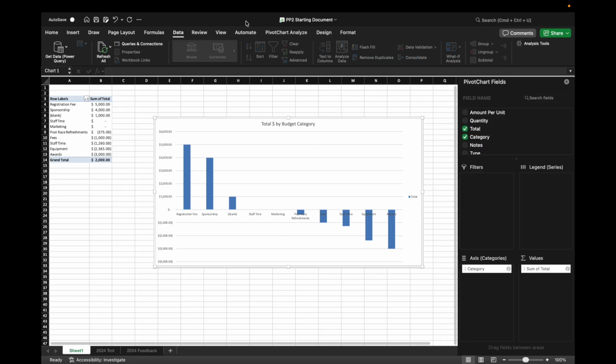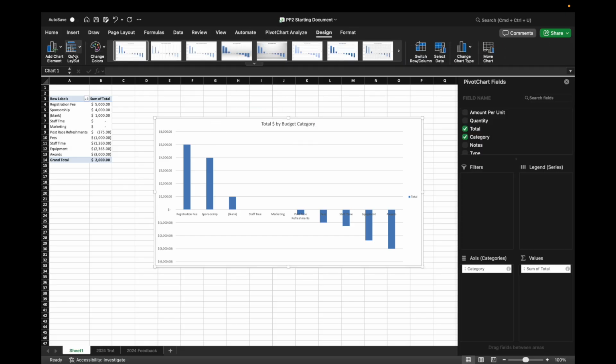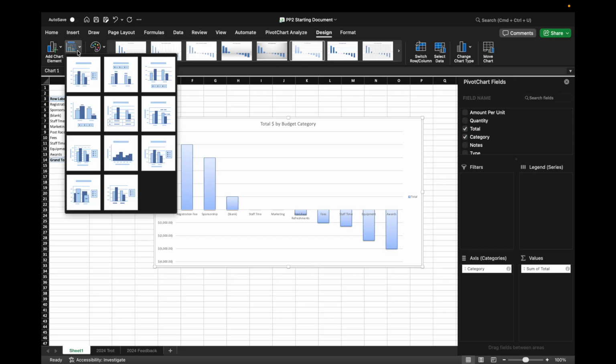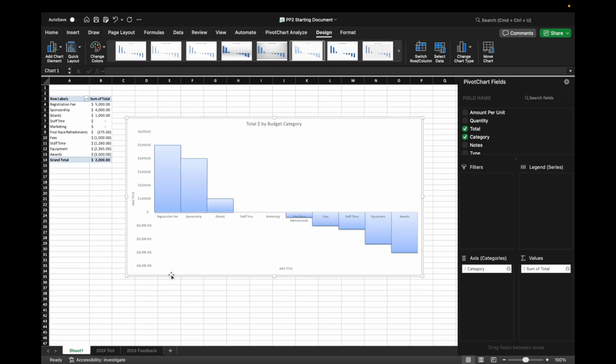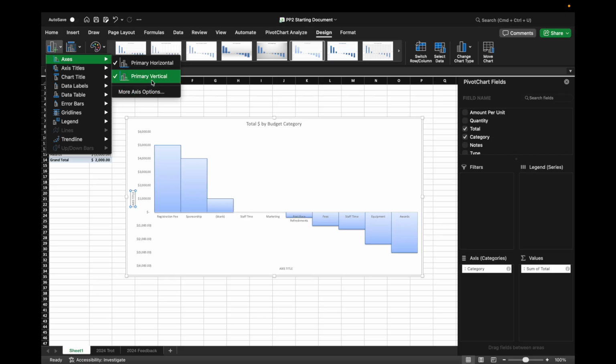We can also change up the design a little bit so it's a little bit easier to read. So maybe something like transparent bars, and then making them a little bit thicker so we can see them. We don't really need these axis titles, so we can get rid of those.